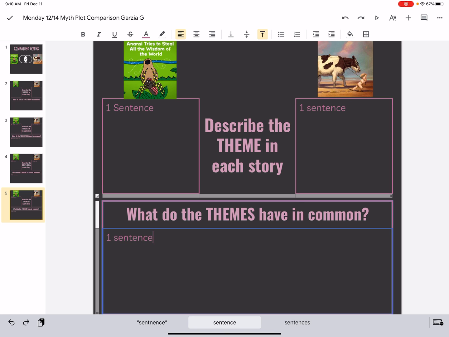So you have 4 slides. You are comparing and contrasting these different story elements based on the 2 stories you read last week. Now, some of you might be thinking, oh my gosh, it's been a whole weekend since I read these. Don't worry. You will have a resource in your Monday folder, and it will be on your to-do list for Monday as well, in Google Slides, in which you have access to both of the stories. I will get that for you to make sure you have it. Use your resources to help you to do the best you can on this.